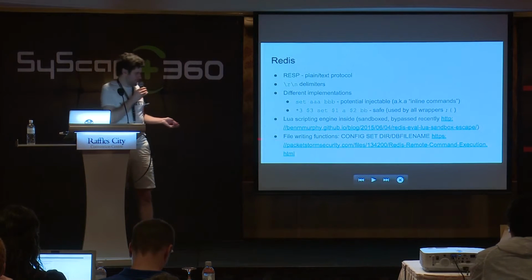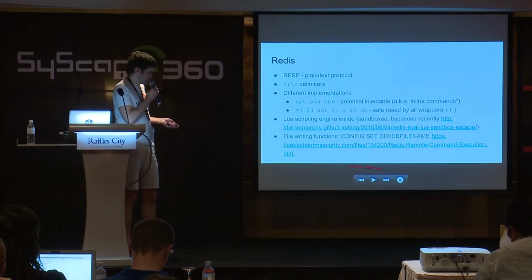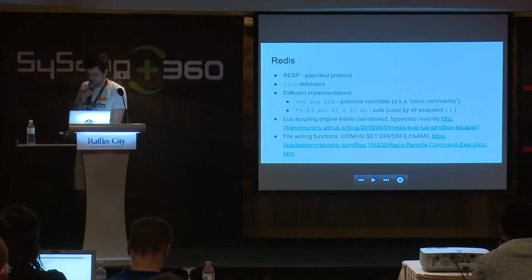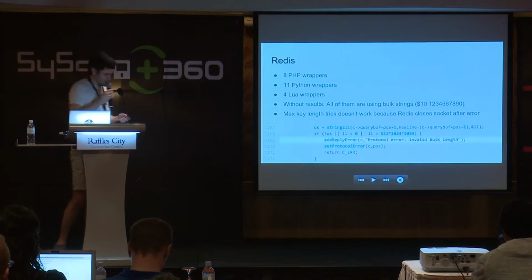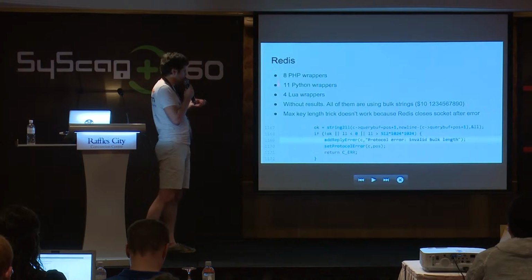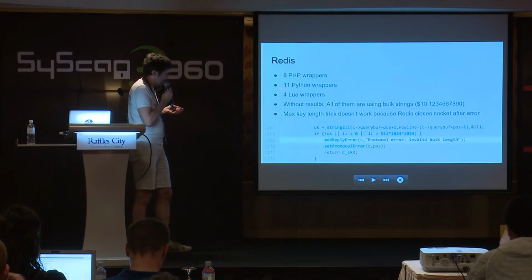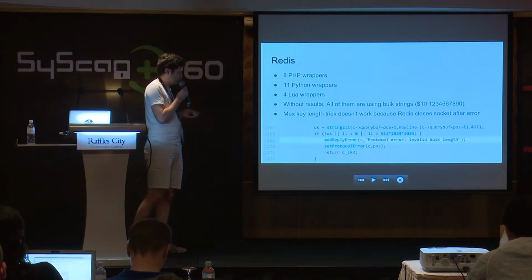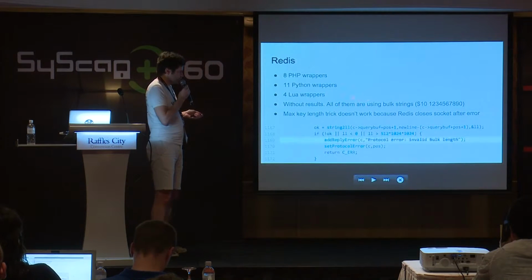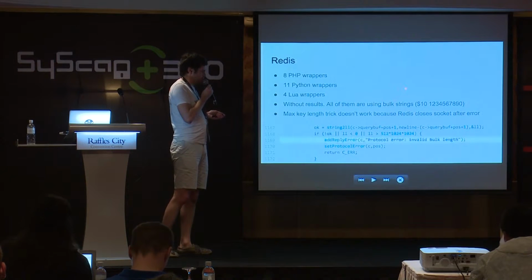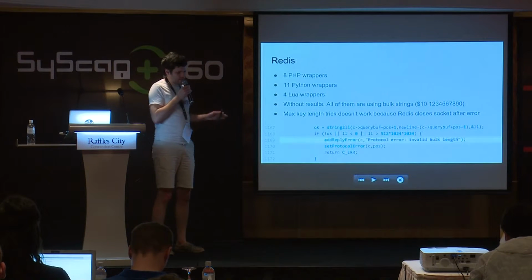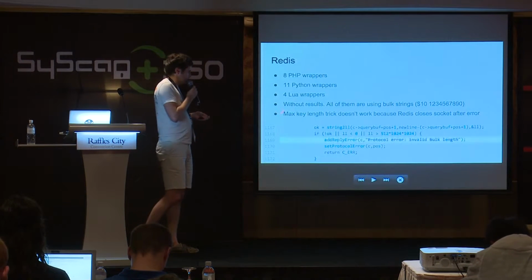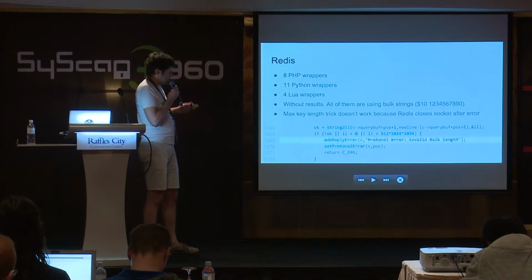It's also a well-known fact, and there are even exploits and packages for this. So I analyzed 8 PHP wrappers, 11 Python wrappers, 4 Lua wrappers, a number of Java wrappers and Ruby wrappers, without any results. All of them are using bulk strings with the data length before the data. It's really bad. So my trick with key length